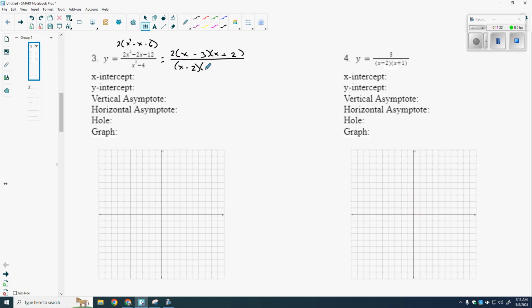Difference of perfect squares. Hopefully that's just like automatic. We don't even have to think about it. Factors of 4 that subtract to give me no x's in the middle. There's no x's here. That would be my factors. I have an x plus 2. I have an x plus 2. They go away. And so my simplified expression